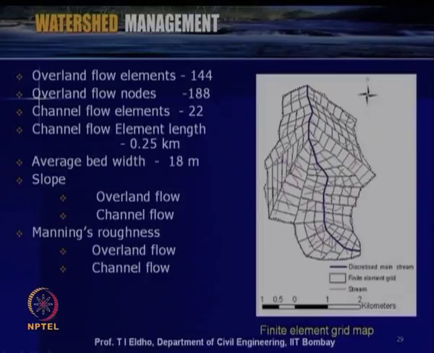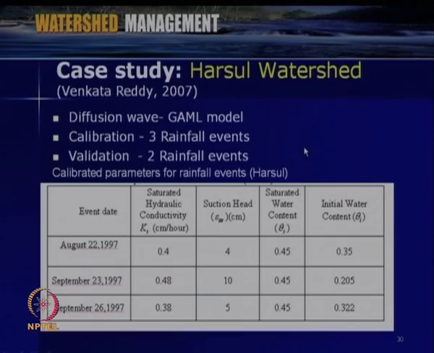And then with respect to the land use land cover pattern, we identified the Manning's roughness coefficient and then put into the strip or the element or nodal wise which we consider. And then as I mentioned, we developed the scheme and then we solved the system of equations to identify for a given rainfall condition how the runoff will be taking place at any location of the watershed.